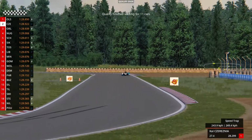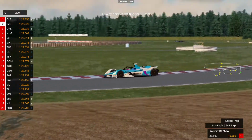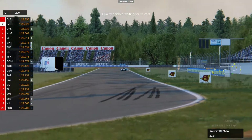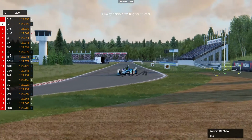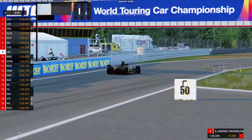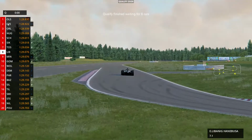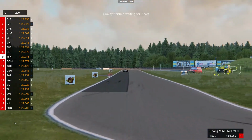Qualifying is over. We're waiting for 11 cars to cross the line, and I think there are a few people coming around Carousel at the moment. I have no idea who it is. I think it might be the Edam's cars, actually, if we could check that. So P8. No, they're coming into the pit lane, actually. Or I might be wrong on that. I'm not really sure. But yeah, Hanebusa did set a lap time, but it was no improvement for her. And Huang Min Nguyen is on a lap time as well,